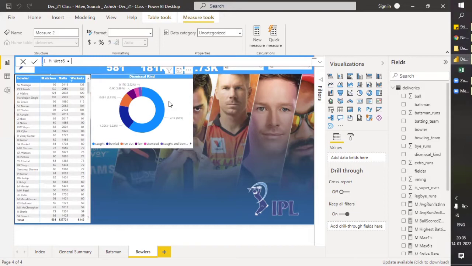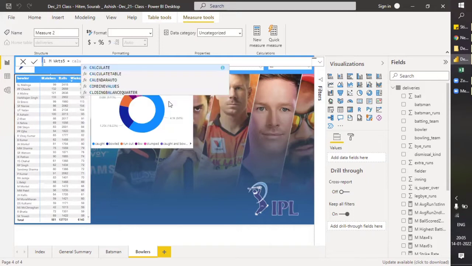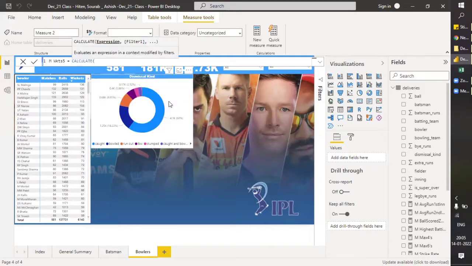Okay, so we will be using CALCULATE because we want to find a count first of all, then we want to apply a filter. So the question itself will tell you which kind of DAX you should use. The question was how many bowlers have taken five wickets, how many times.